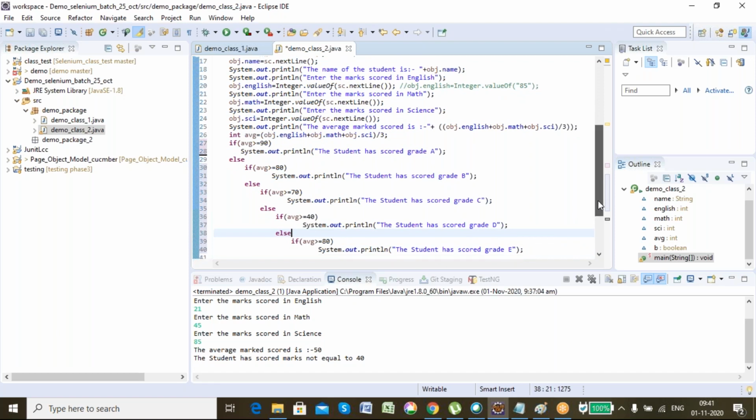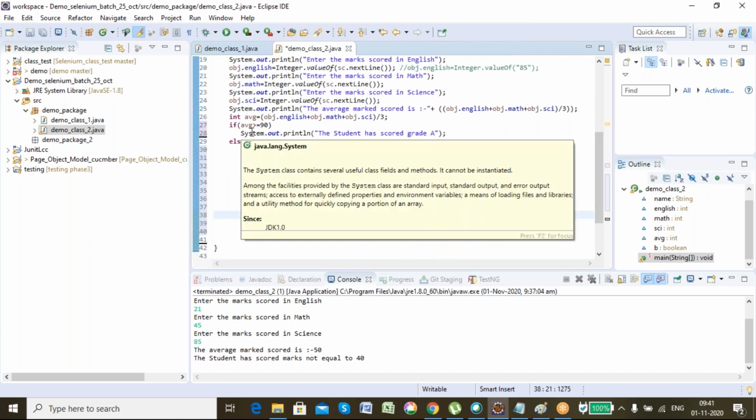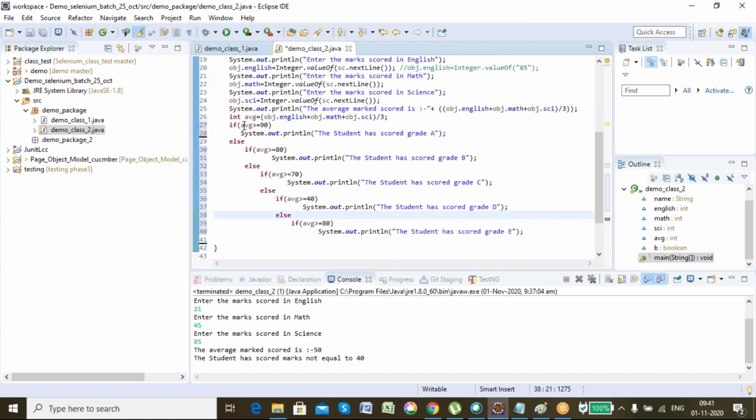So what I am doing is I am doing nested if and else. First thing is I am writing an if statement. So for this, this is the body.